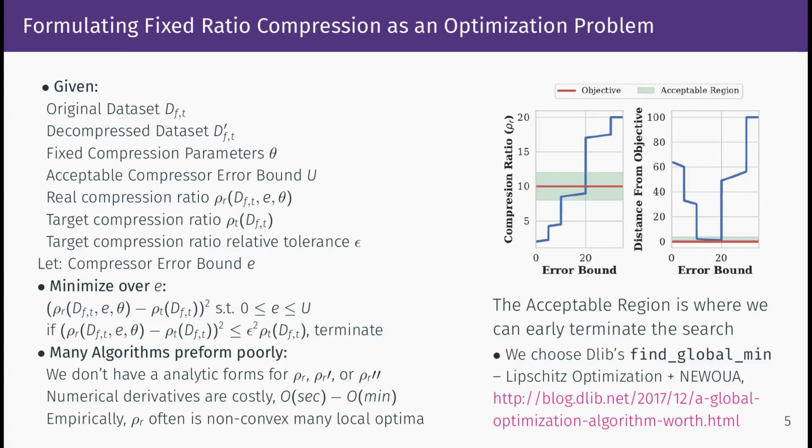Since we don't have these partial derivatives, a lot of algorithms use these derivatives to make decisions about what area of the search space to consider next, making this a difficult problem to solve. Additionally, for this problem, computing numerical derivatives can be very costly. Because we don't have an analytical form for even rho r,